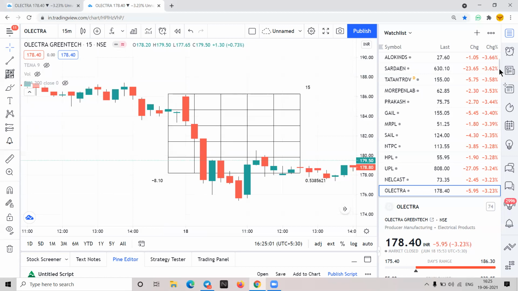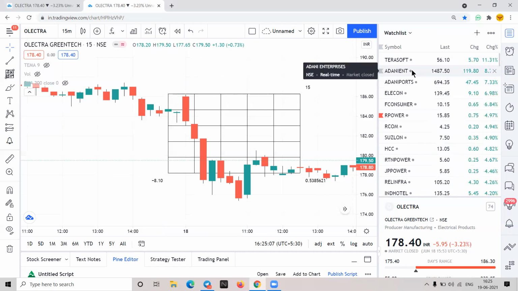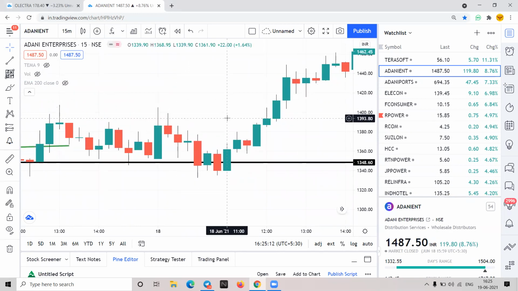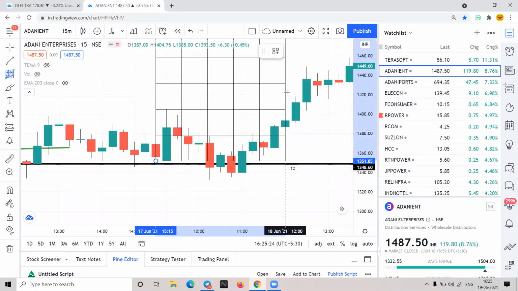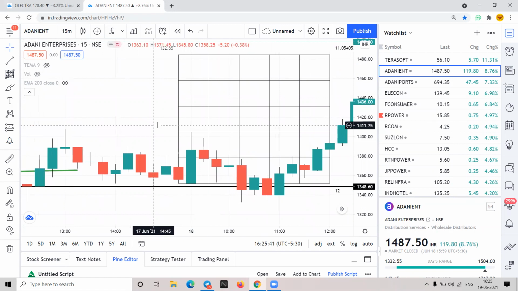In that case, for example, the third line should be on the high of the 15-minute candle. If you look here, this is the first candle. So place the bottom of this first candle on the first line. Now what I have done here: the first candle is bullish, so the first Gann level will be at the bottom of the first 15 minutes candle, and the high of the first 15 minutes candle will be at the third Gann level. Yes or no?